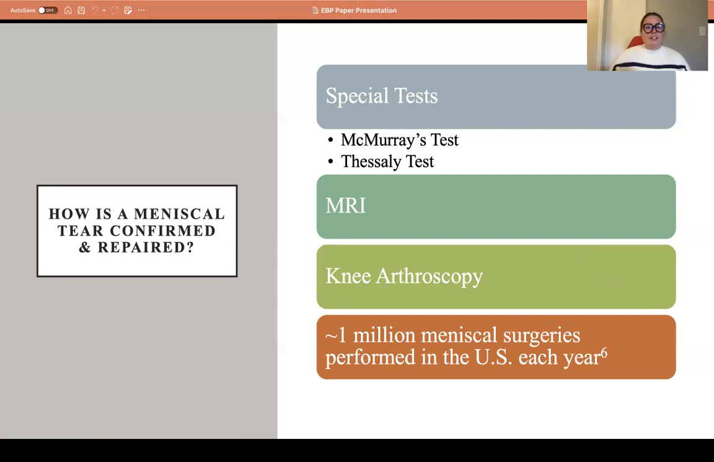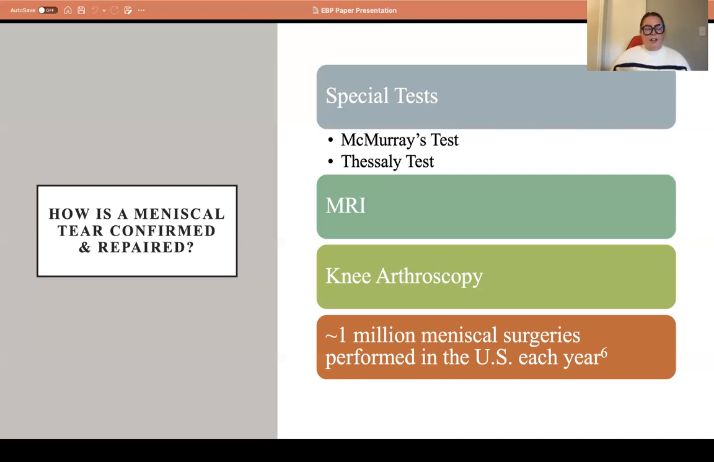The surgery that you would have with a meniscal tear is called a knee arthroscopy. And there are about 1 million meniscal surgeries performed in the US each year. So a meniscal surgery or knee arthroscopy takes about 1 hour, and it only consists of a few incisions throughout the area. The recovery and rehab time is only a few weeks,